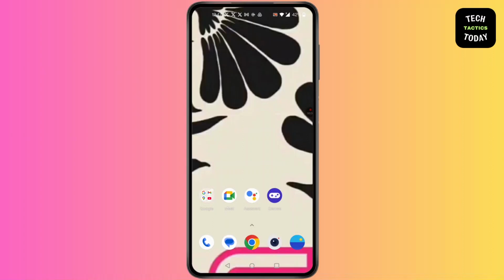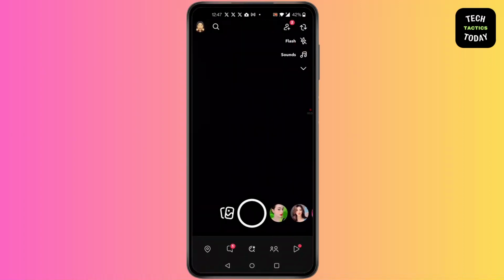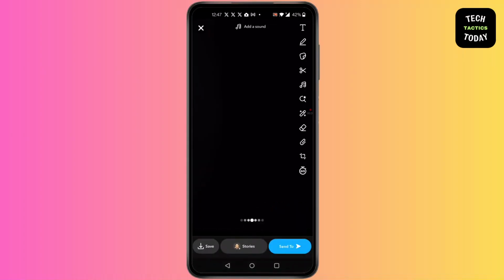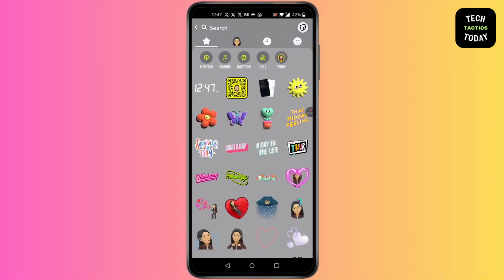First, open Snapchat. Take a picture. After taking a picture, you'll find the sticker option on the right side, the third one. Simply click on it and you'll be able to find your location in here. If you don't find it in here, simply go back